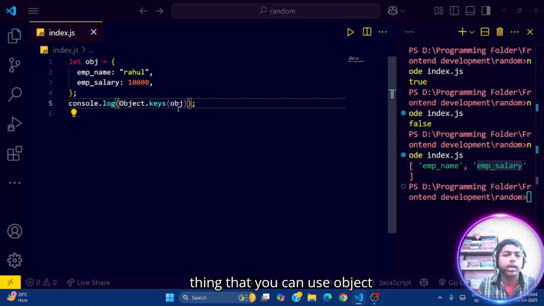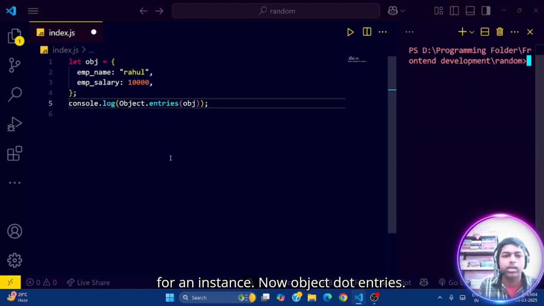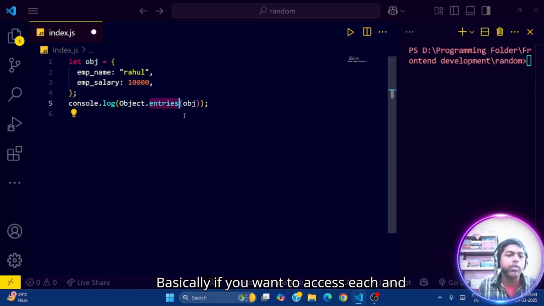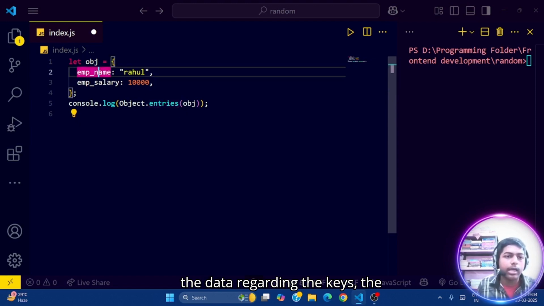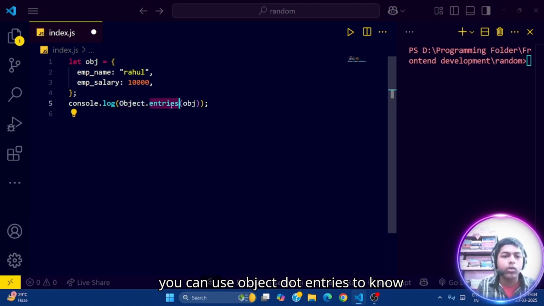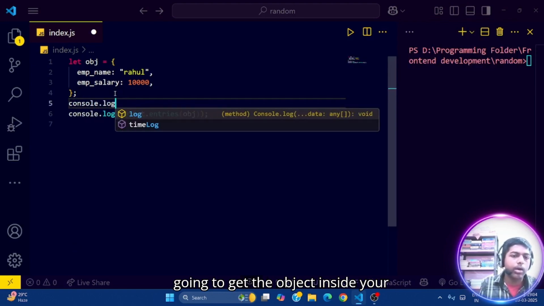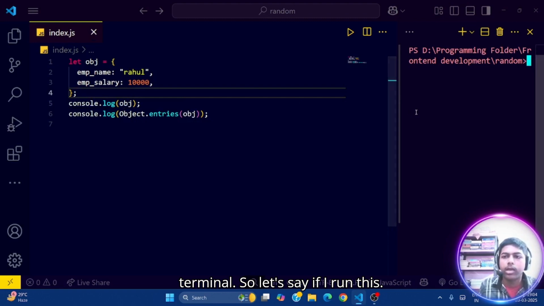And one more important thing, that Object.entries is also a function there, like Object.entries. Let's clear the console for an instance. Now Object.entries, basically if you want to access each and everything inside an object, like you got data from an API, right? You don't know what's there inside the data, but you want to access each and everything inside the data regarding the keys and the respective values. So for that purpose you can use Object.entries to know whatever is there inside the data. So you can either print that data as well. Let's say console.log obj, so you are going to get the object inside your terminal. So let's say if I run this,